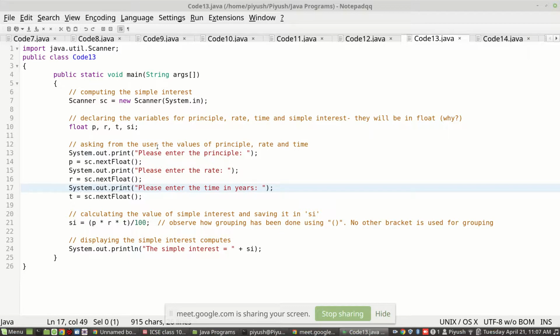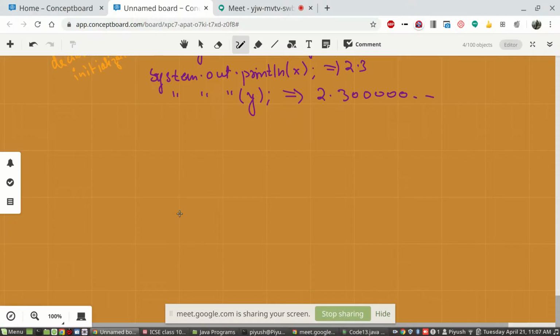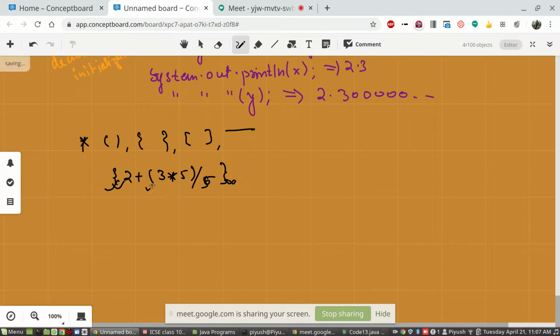Okay, fine. So what I mean is, in mathematical expressions in day-to-day life, you will see there are many types of brackets used in BODMAS. They may be simple brackets, curly brackets, box brackets, or bar brackets. So you can have expressions like 2 plus 3 into 5 divided by 6, or let's say 5. You can have some expressions. So this is another type of bracket, and this is another type of bracket.